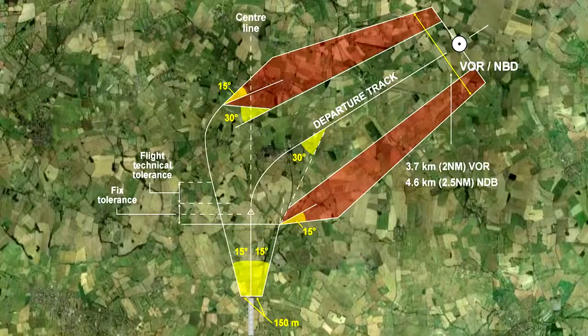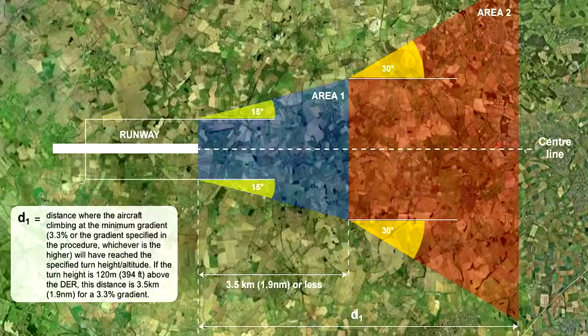Straight flight is assumed until reaching an altitude of at least 394 feet above the elevation of the DER. At least 90 meters of obstruction clearance must be guaranteed in the turning area. You should note, especially for examination purposes, that 30 meters is approximately 100 feet. This fact will allow you to make sense of many of these difficult heights.